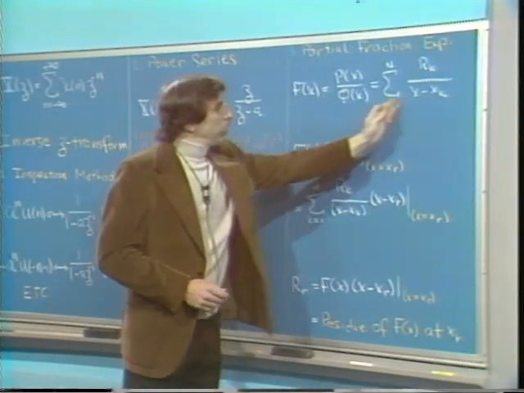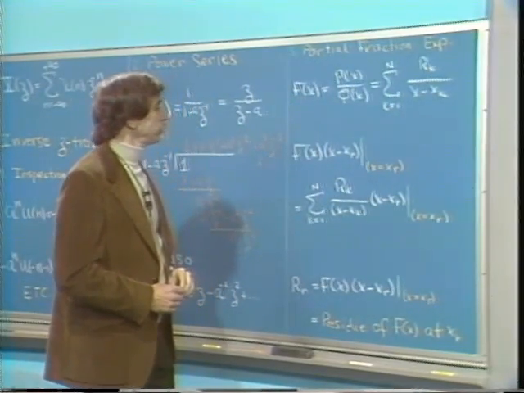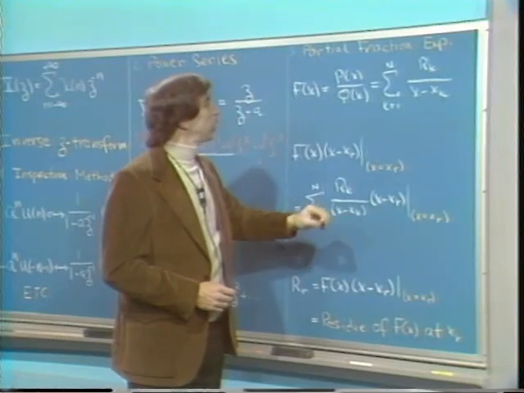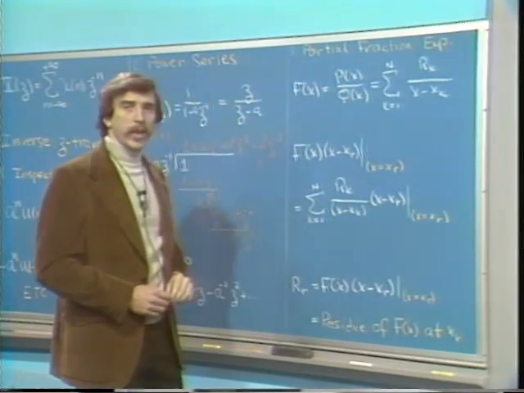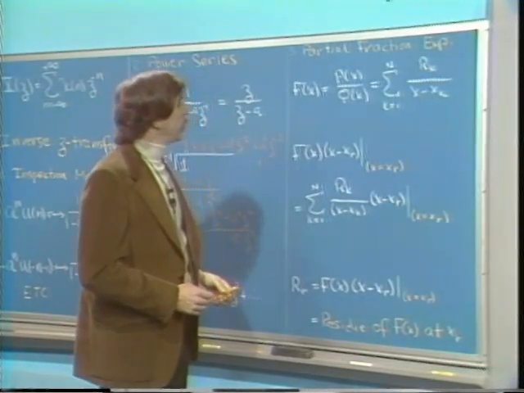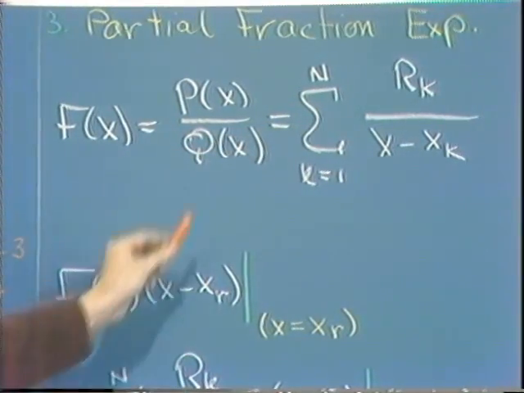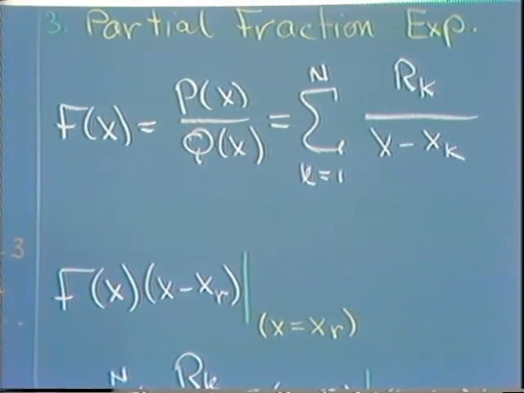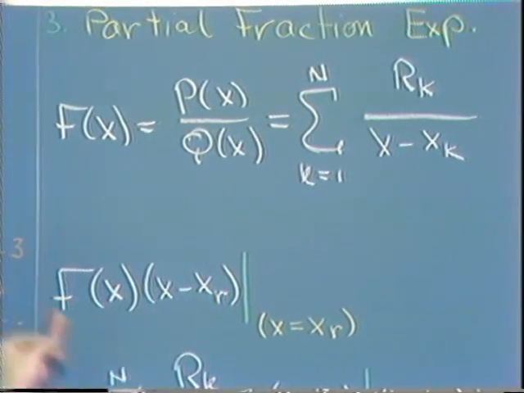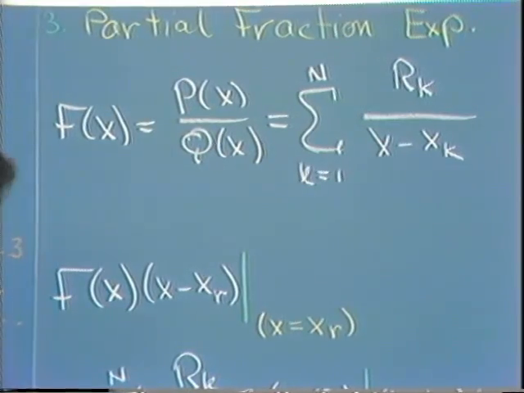And this then is referred to as the partial fraction expansion of f of x. Now, how do we get the coefficients r sub k in the expansion? Well, essentially by recognizing that if we multiply f of x by one of the denominator factors, say x minus x sub r, and evaluate that product at x equals x sub r, then relating that to this sum, as I've indicated here,